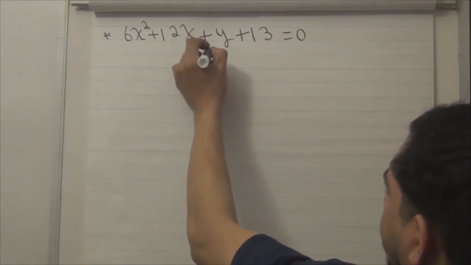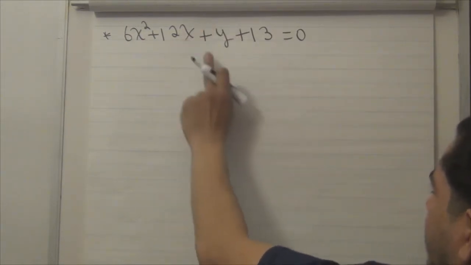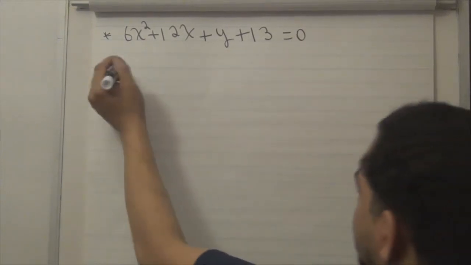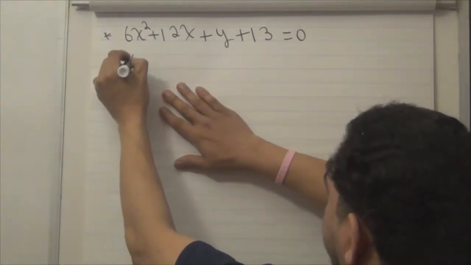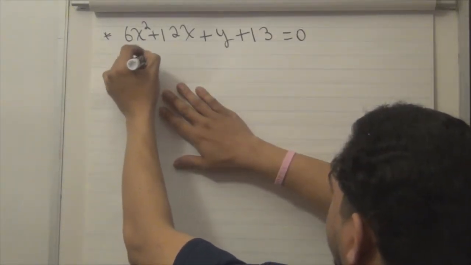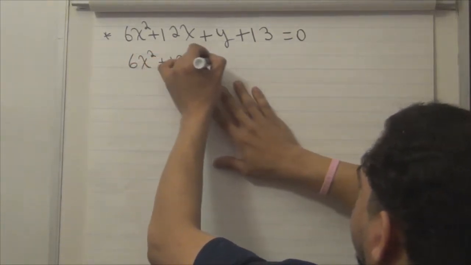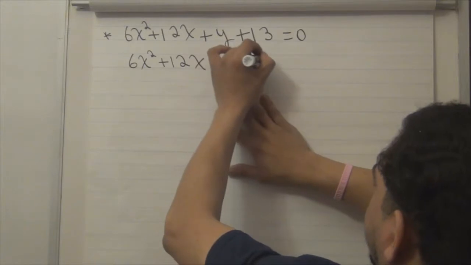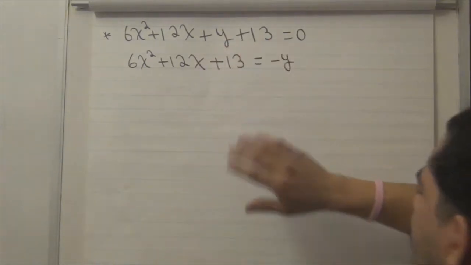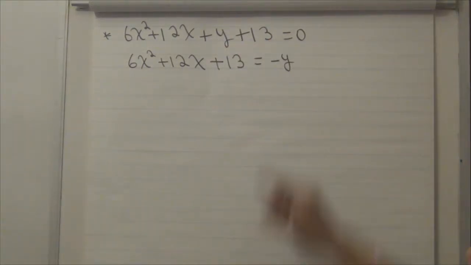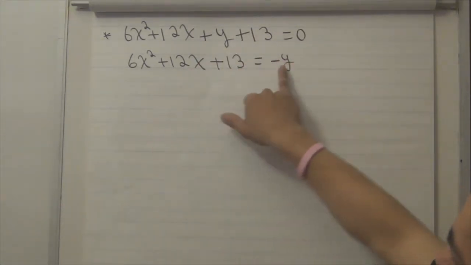I subtract y from both sides, so that leaves you with the expression equals negative y. I cannot have a negative y as an answer, so I'm going to have to